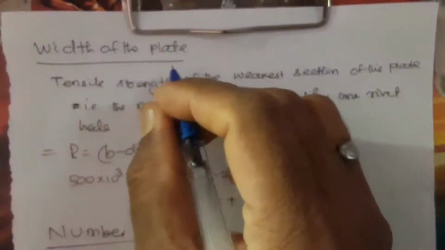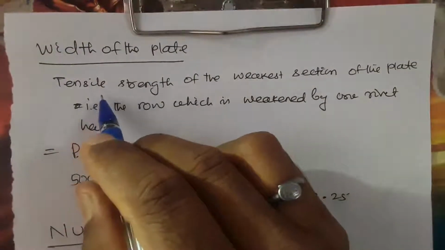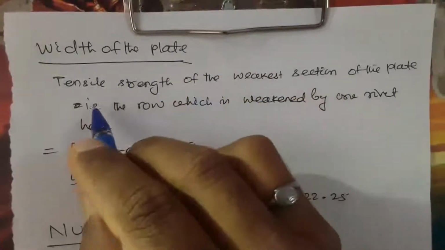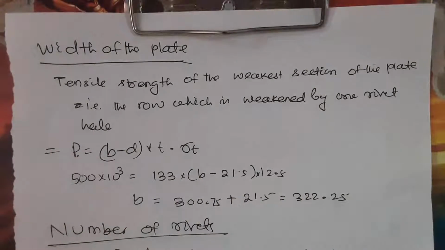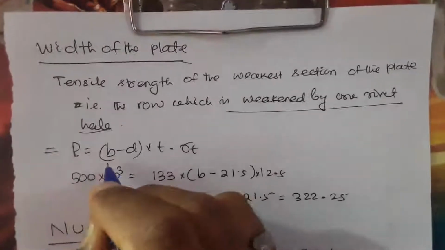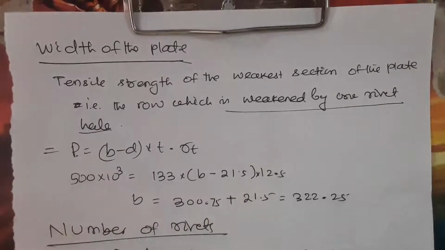So the width of the plate, we have to find out the width of the plate. We have to see the tensile strength of the weakest section of the plate, that is the row which is weakened by only one rivet. This is as per the question. So that should be the load